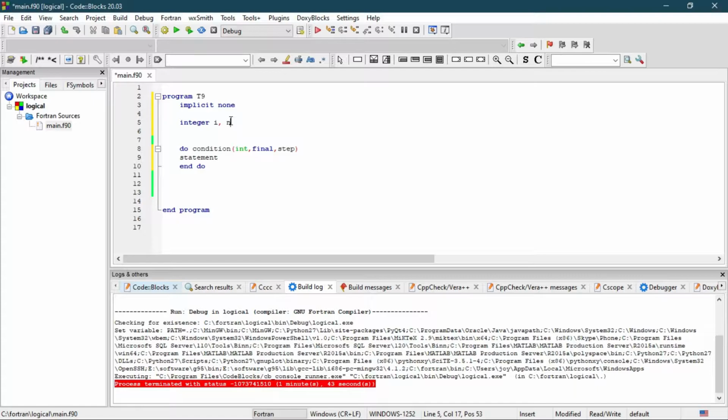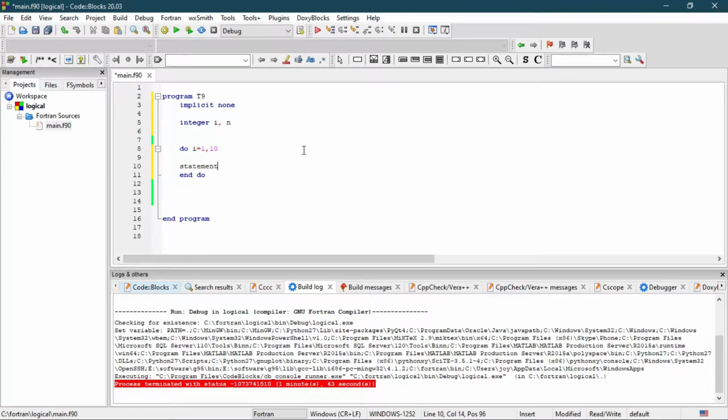If you want to print 1 to 10, then the initial value of I should be 1 and the final value should be n. So now just write I equal to 1, sorry, 1 to n, or okay, just write 10.